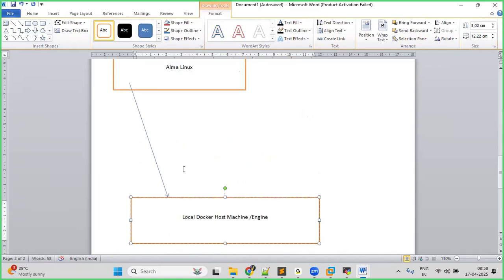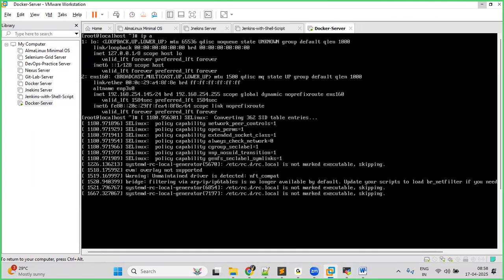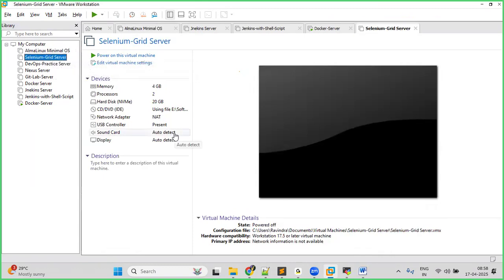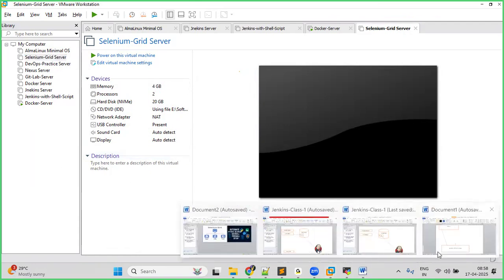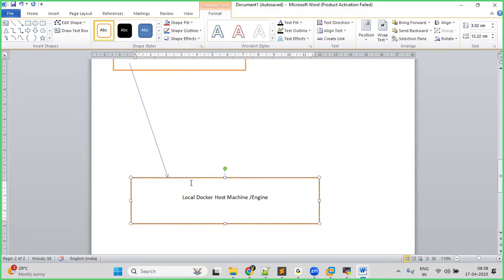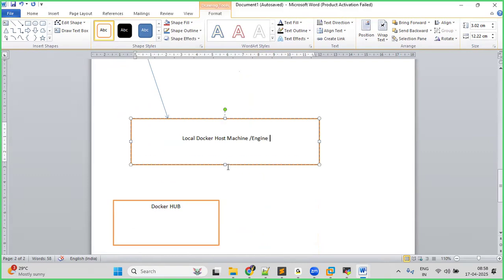This is a plain image. How have we downloaded this plain OS image? We haven't installed anything, we are just downloading the image. Just as we create a VM, after that we haven't installed anything inside it. We haven't even installed vi, vim, or wget. It's a clear, plain image, like a VM. Here also we have a plain Alma Linux image or Rocky Linux image. You can pull that image into your local machine,